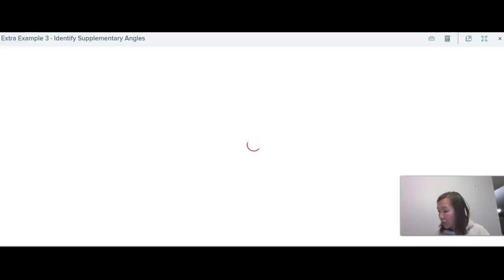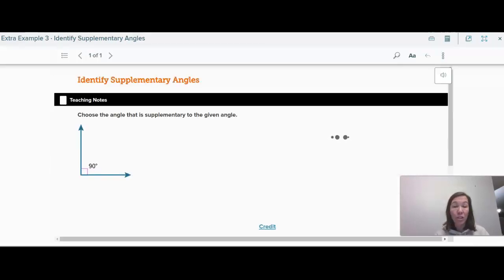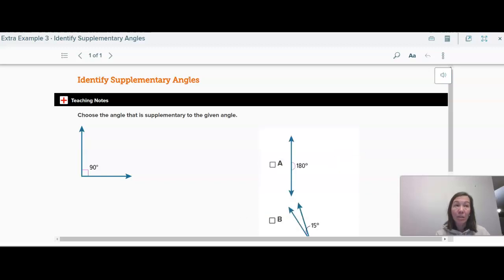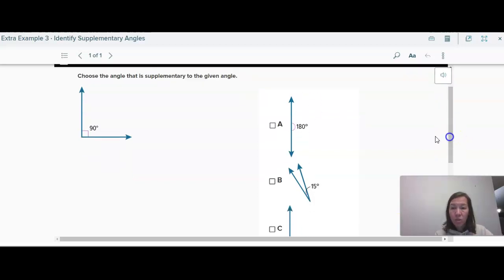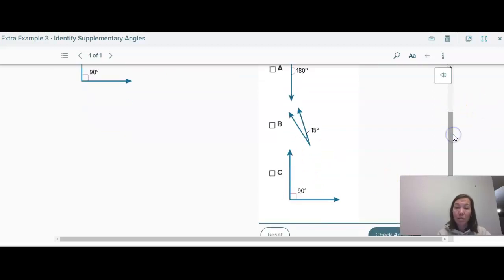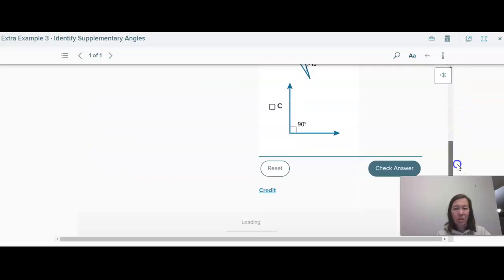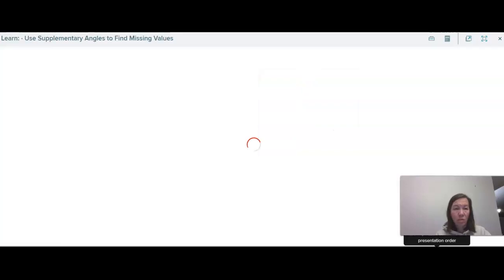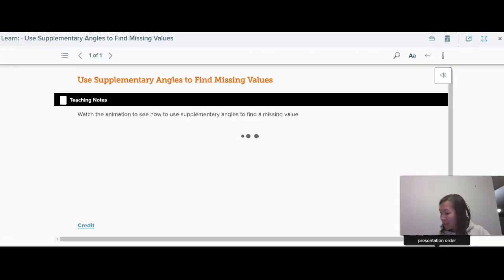So on page 407 at the top, just try that check problem quickly. Now, supplementary angles, again, have to be less than 180 degrees to begin with. So if it's already 180 degrees, it doesn't have a supplement. The supplement of this angle would be 90 degrees because 90 plus 90 is 180. The supplement of this would be 165 because 165 plus 15 equals 180. So on page 407,